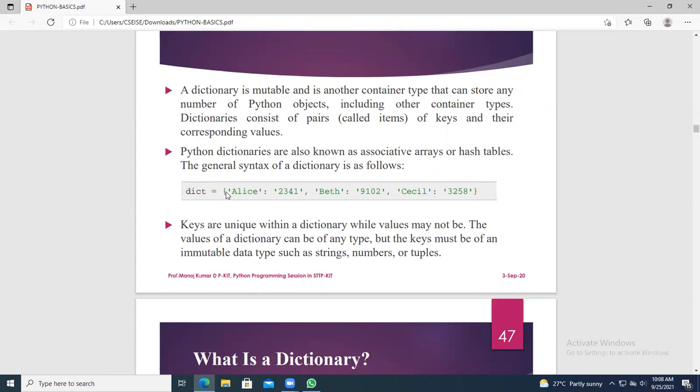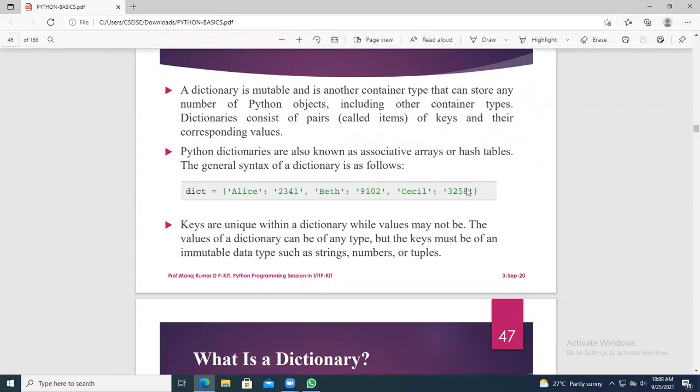Inside that, this one is item 1, a key with a value. The entire thing is item 1, this is item 2 and this one is item 3. So totally there are 3 items in this dictionary.